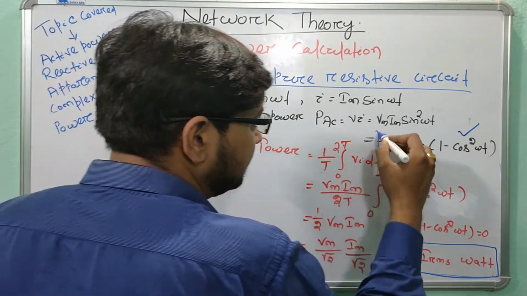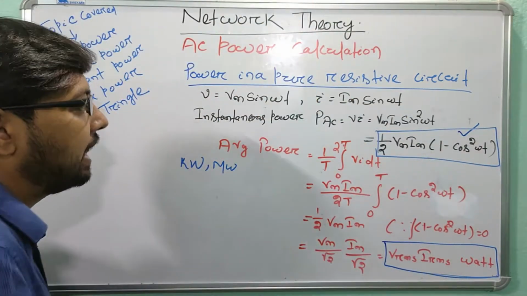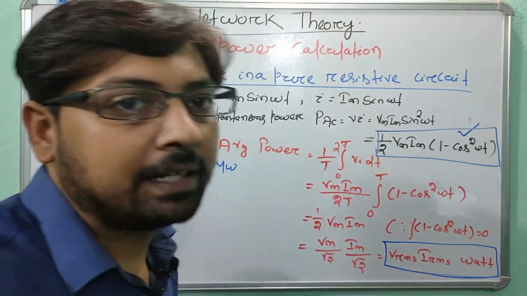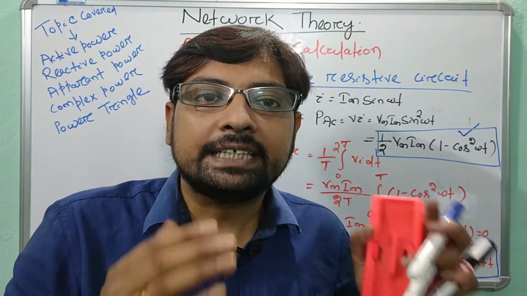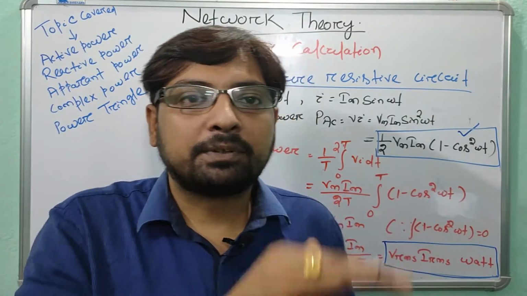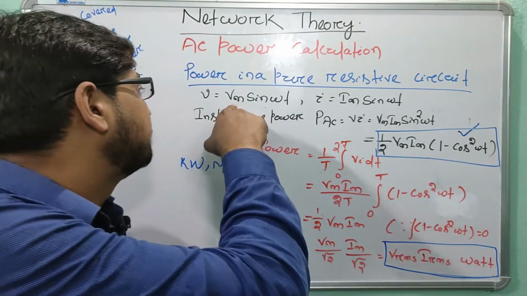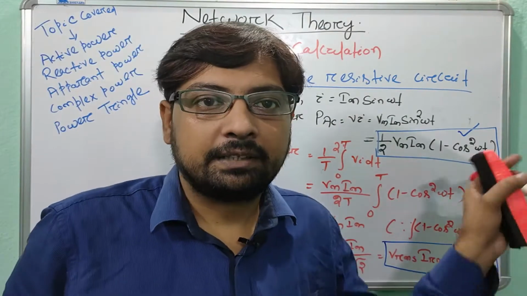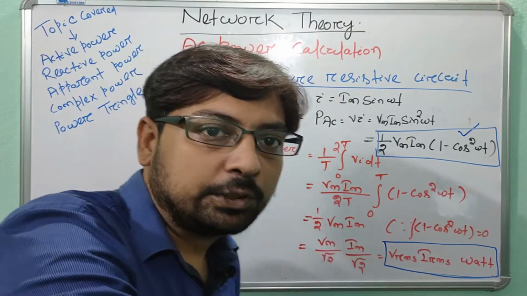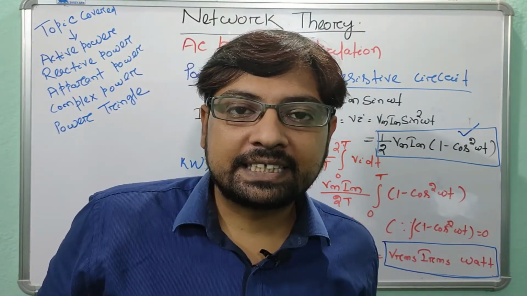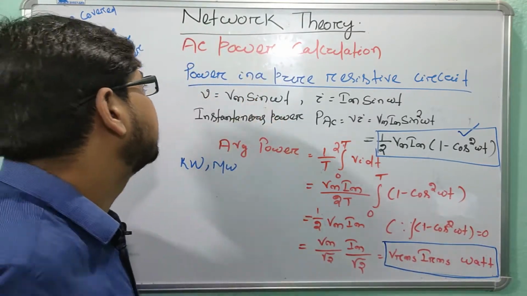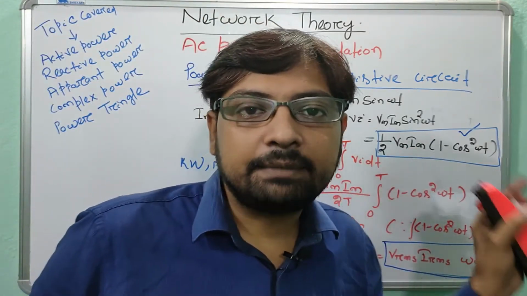By this instantaneous power and average power, you see the power of a purely resistive circuit is positive throughout the cycle. Why is it purely positive? Because the voltage and current are both positive and there is no phase angle between them. The power flows from source to load, is absorbed by the resistance and generates heat. So this is the average power and instantaneous power of a purely resistive circuit.